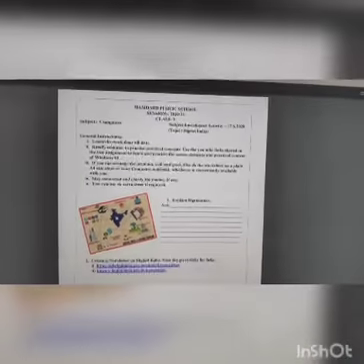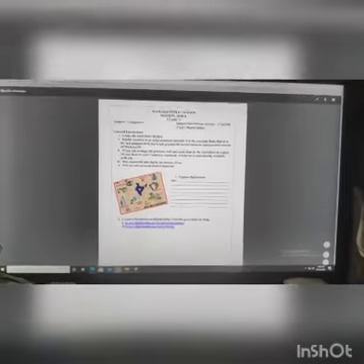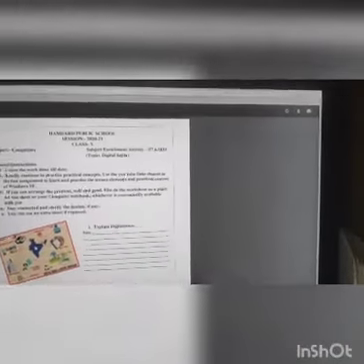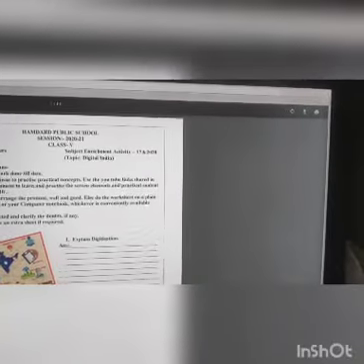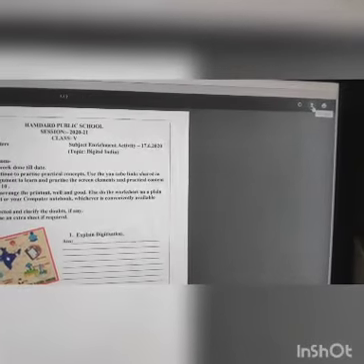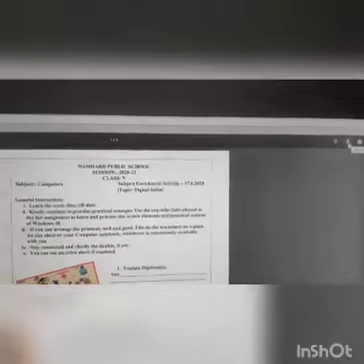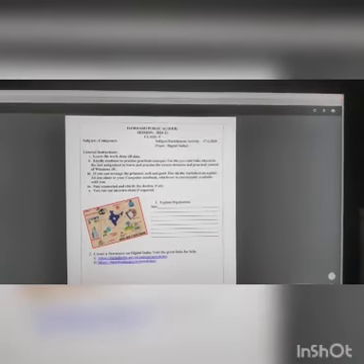Now from here the child can view. When the child clicks on view, he gets this notification: submit your work by Monday. Now an attachment is here. He'll double click on this file, and the child will be able to access the file. From this, the child can download it with this button on his or her system. And now the file has been downloaded.